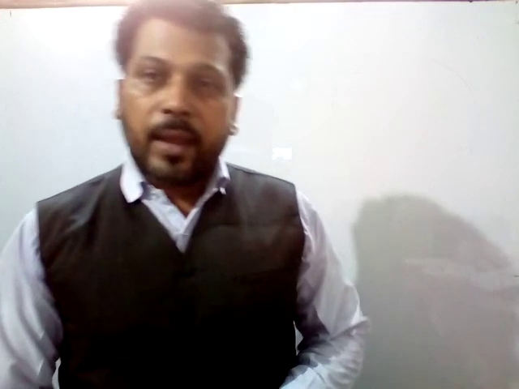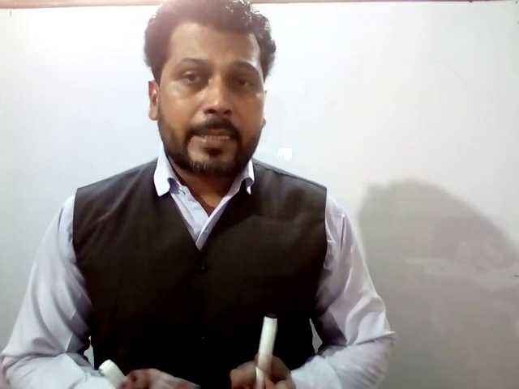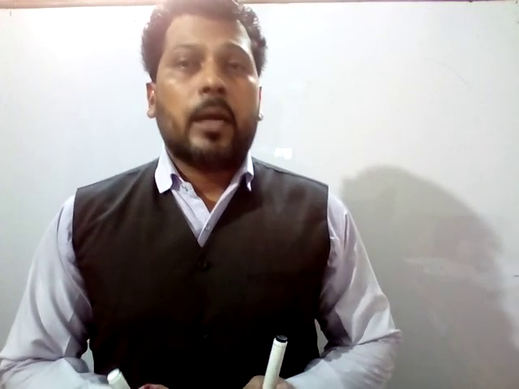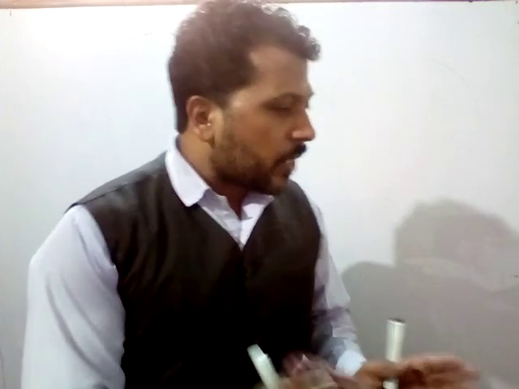We are going to discuss the MCG, meaning moving coil galvanometer. First of all, what is a moving coil galvanometer? It is an electronic instrument used for measuring current or current direction, or current sensitivity or voltage sensitivity.